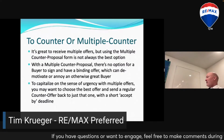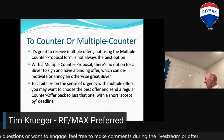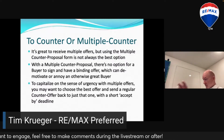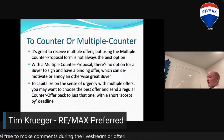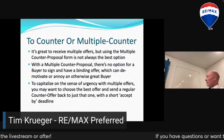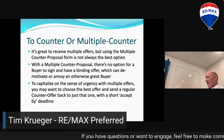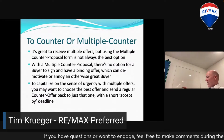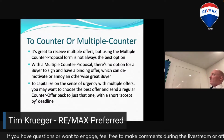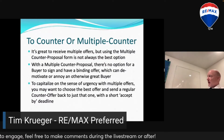You couldn't imagine, if you could just get that price up, having a better offer. Well, you could pick several offers and multiple counter them. And with this particular buyer, the only thing that changes might be the price. And if you're thinking, hey, if they accept that, there's no way I would not accept that one, if they approve the multiple counter. Well, in that situation, it's probably best just to send a single counter offer back to